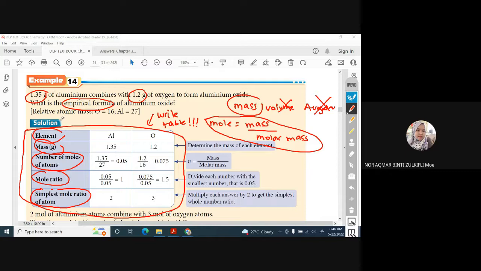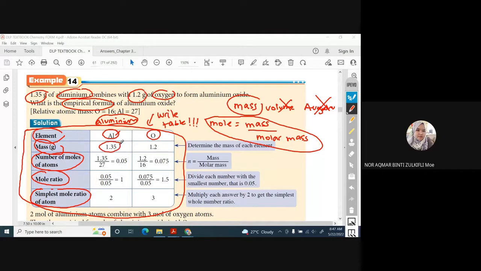So you put, we have aluminium Al. Ini kalau you tak ingat Al tak apalah, you boleh tulis aluminium. But you baru belajar kan, maybe you tak ingat lagi Al tu apa. So from the exam, it gives you aluminium word, so you just write down aluminium also can. And then oxygen, you write here oxygen. So when you make the table, easier for you to put the information given.